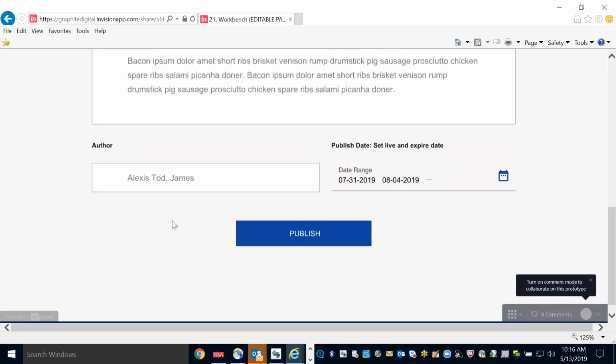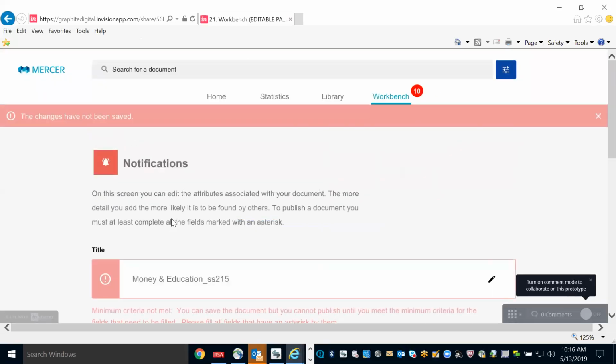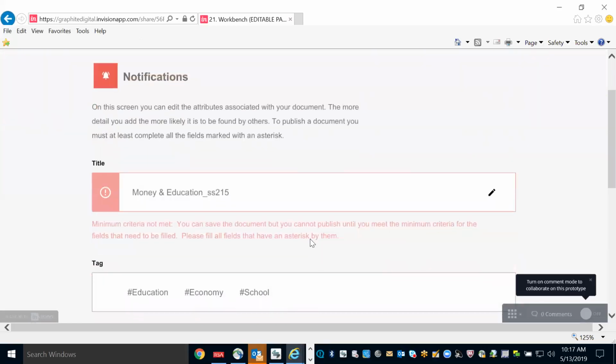Do you find the idea of the workbench, where files live that haven't been published or that have errors, makes sense? And then, if you had uploaded a document and it didn't have any errors, so it had automatically been tagged, and the summary and the title and everything had been put in, and the system didn't note any errors, would you want that to go into your library for you to then publish, or would you want it to still be in the workbench as a reminder for you to go in and double check everything?